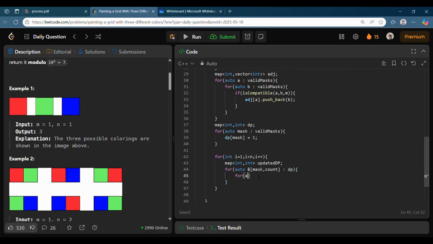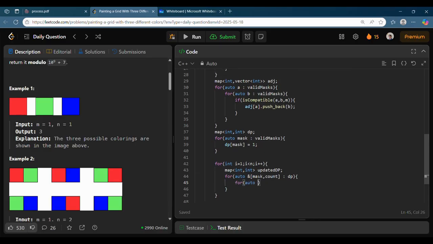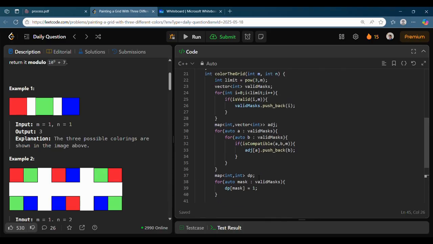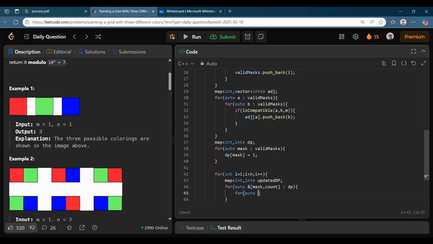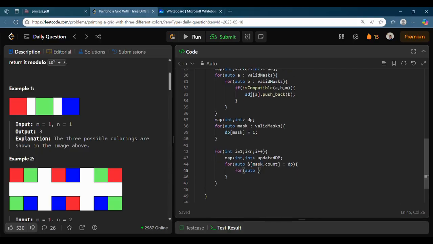But we also need the compatibility thing, right? For auto, we need to check what the adjacent elements of mask are. For this particular mask, I am seeing what the adjacent elements are.